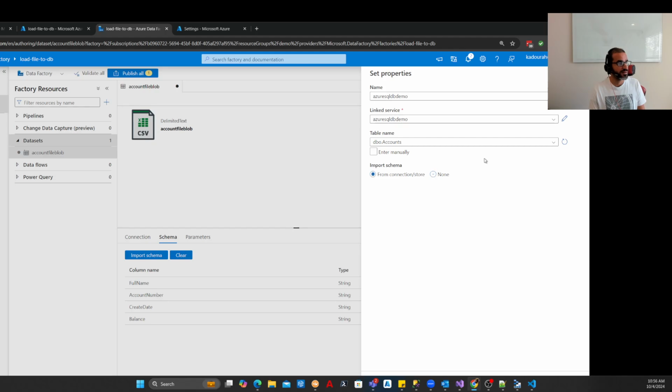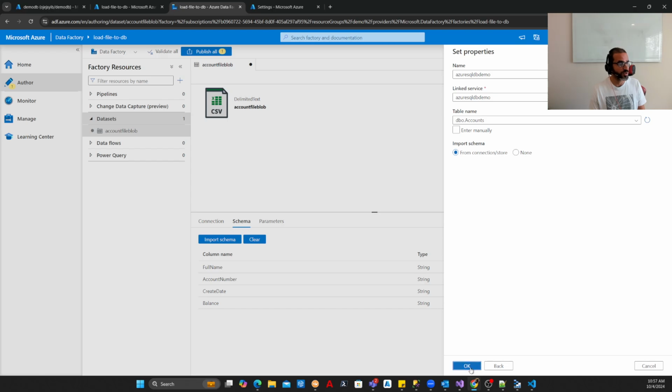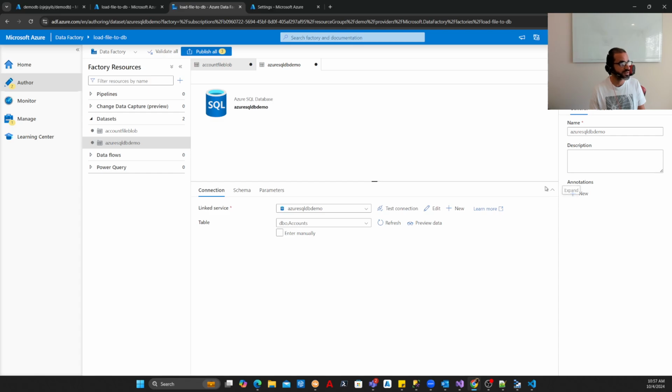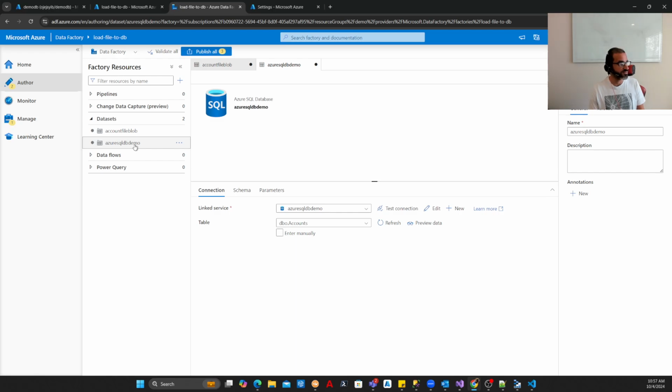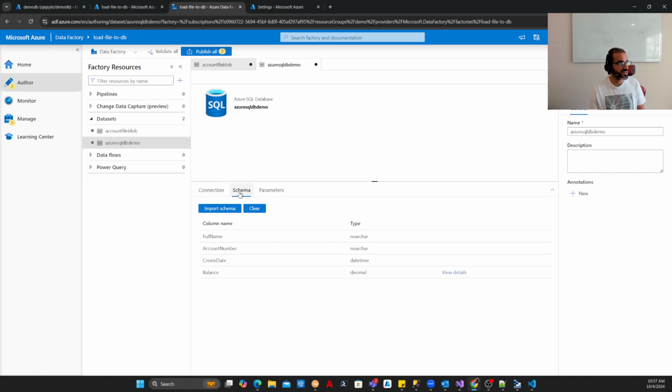Okay, I'm going to click OK. Perfect. Now I have my source, I have my destination. And on the destination, you can also see that I have the schema import, and I also have the different data types, date, time, and balance. Next step is going to be